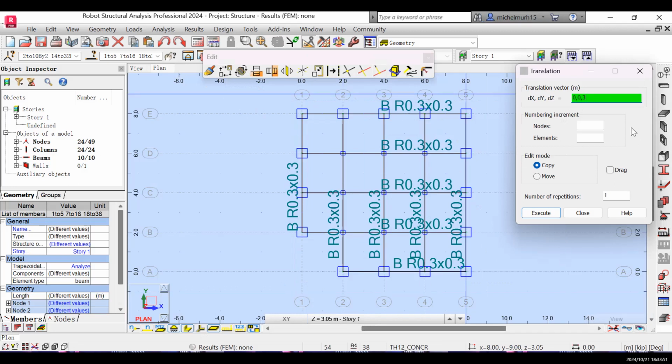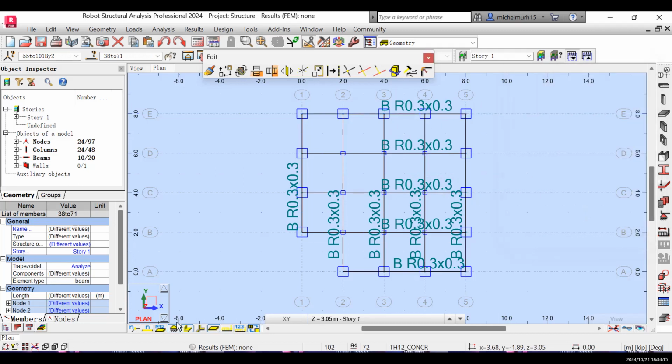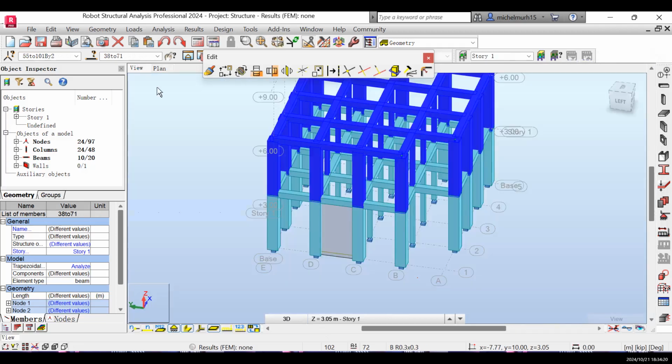But I can modify the individual heights. The number of repetitions should be 1, because I just need to create the first and the second story. The mode should be copy, not move, and then I'm gonna execute it. All right. So after this, I'm gonna close this part and see how my building looks. Go on view. So as you can see here,